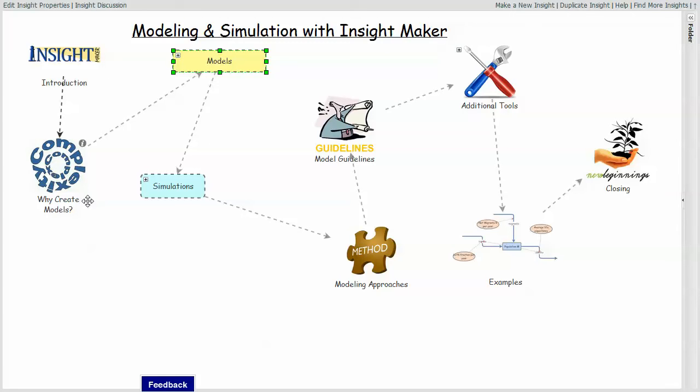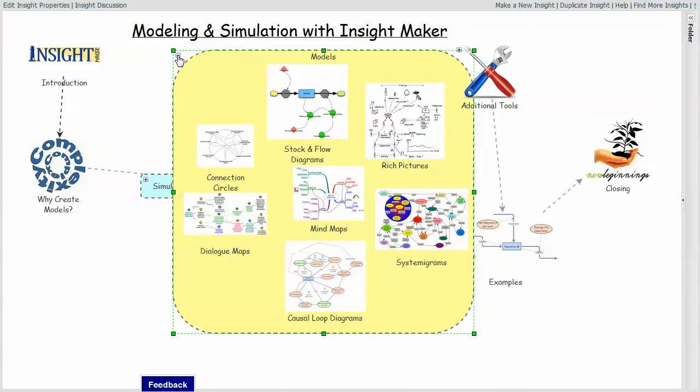Then there is a module about why it is that we actually spend time to create models, why even bother doing that, and then several different modules for a number of different types of models that we've already figured out how to readily create with Insight Maker. Now, it's not limited to these, though these are the ones that seem to be